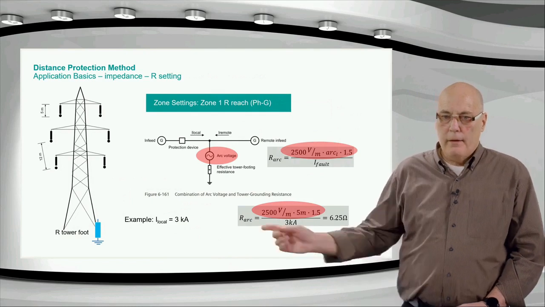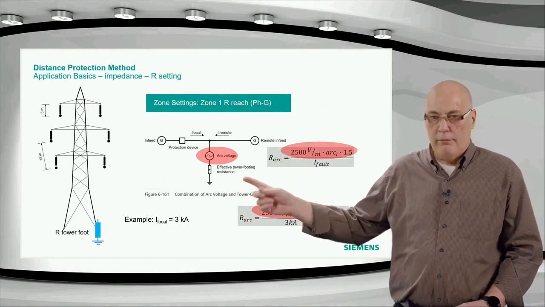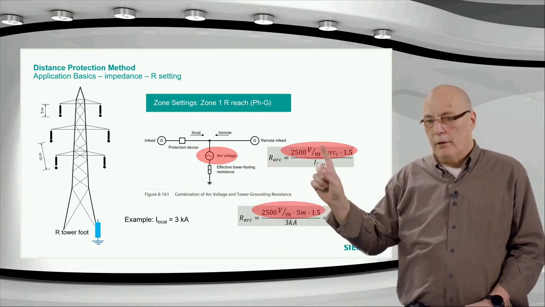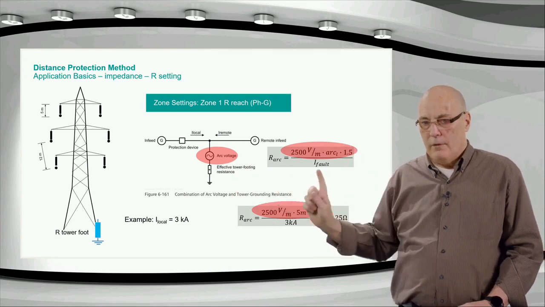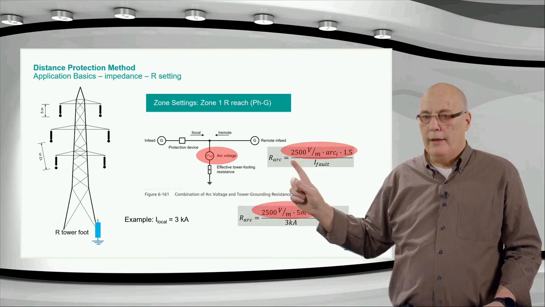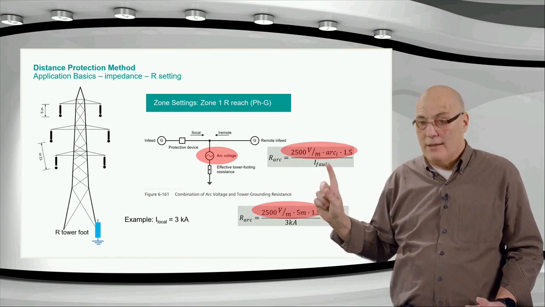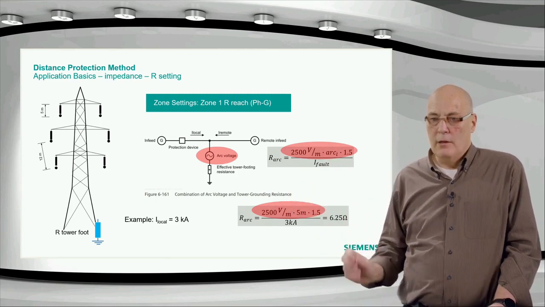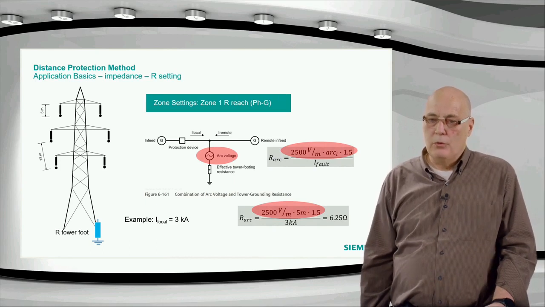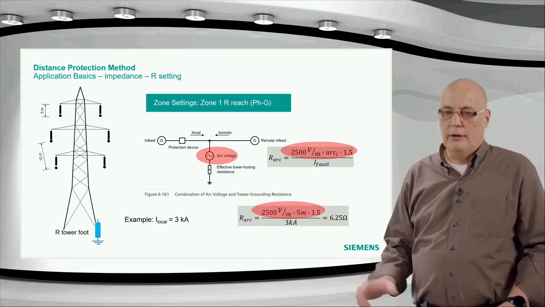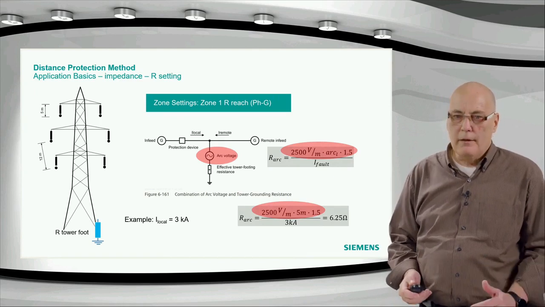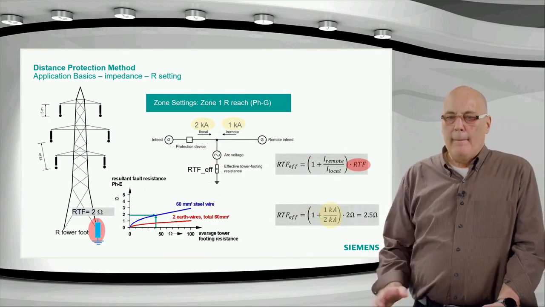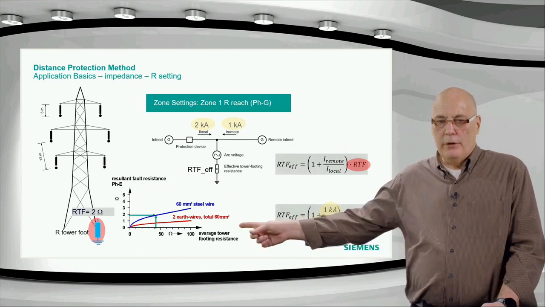So in this example, we make 3 kiloamps flow through the arc as measured by the relay. So we have a certain arc voltage, which we calculate at the top, and then the relay has 3 kiloamps flowing there in this example, and then that means that voltage divided by the 3 kiloamps. This is what's seen by the relay. Remember, we want to know the resistance as measured by the relay. So the relay would see this as a 6.25 ohm in this example with these values just substituted there. The arc resistance. We have to add the tower footing resistance to that. And the tower footing resistance, effectively, we see at the bottom here, we read it off the curve,